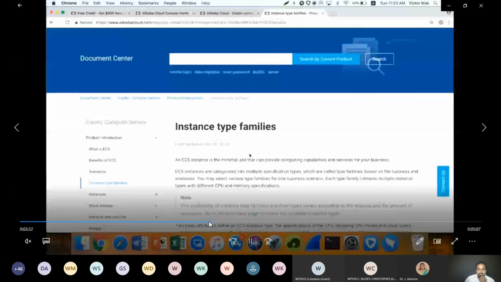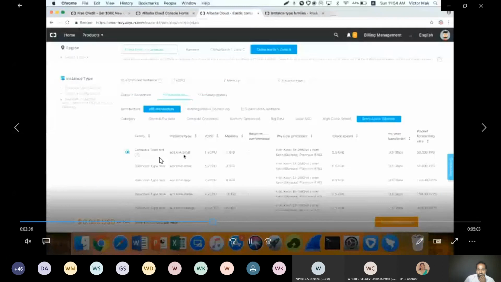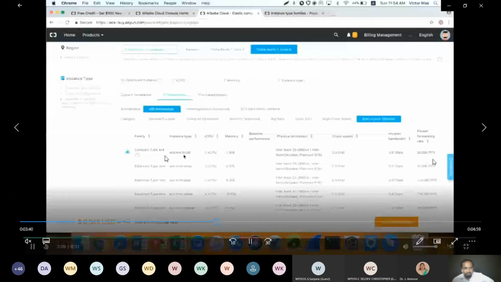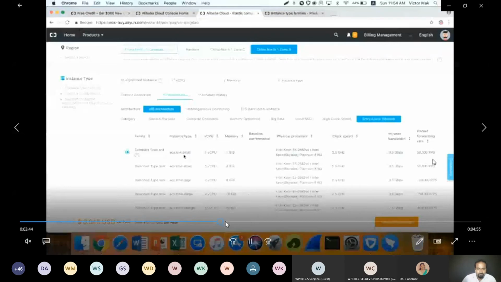So these are the configurations. Many configurations are there. What configuration you need, based on your needs, you can choose the configuration. So now listen carefully. This is important.